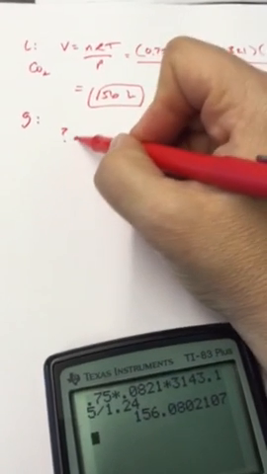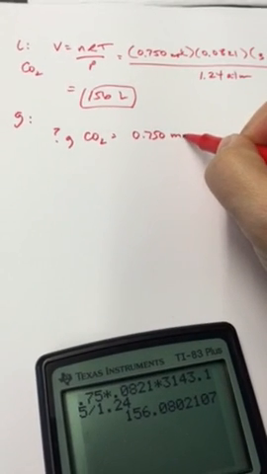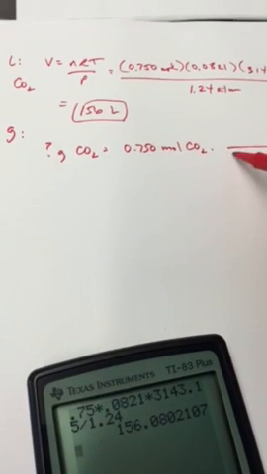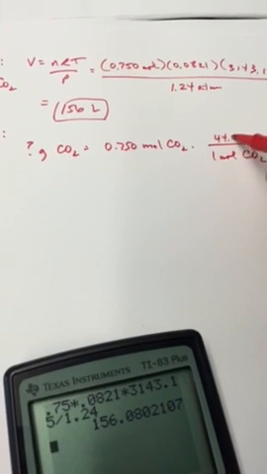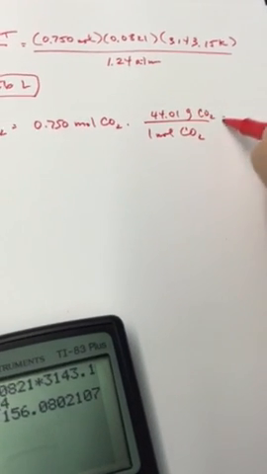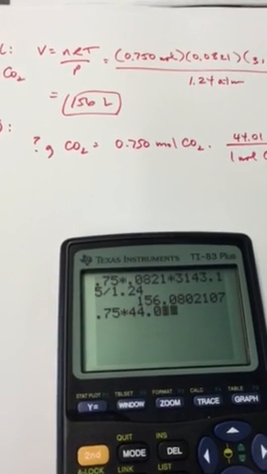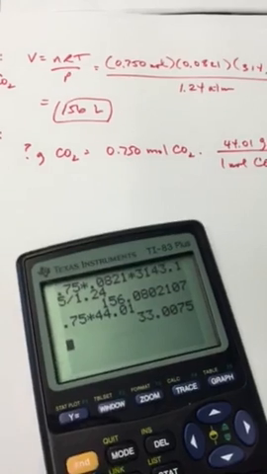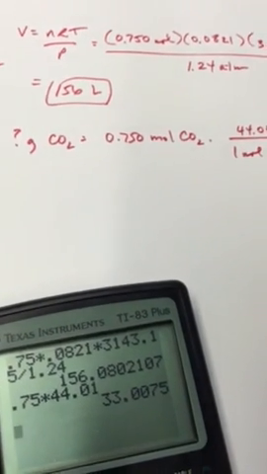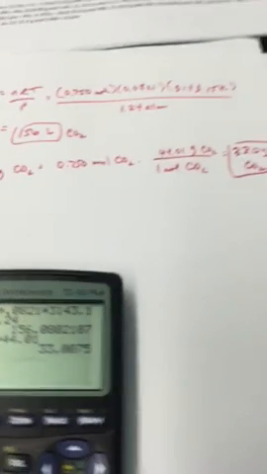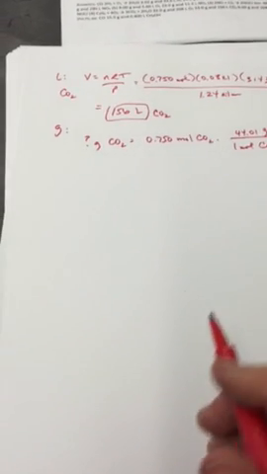For grams, how many grams of carbon dioxide is equal to 0.750 mole of carbon dioxide? We know that 1 mole of carbon dioxide is, I think, 44.01 grams of carbon dioxide. We do that math, 0.75 times 44.01, and we have 33.0 grams of carbon dioxide. By the way, this is carbon dioxide too. 33.0 grams of carbon dioxide. We then can do the same thing for